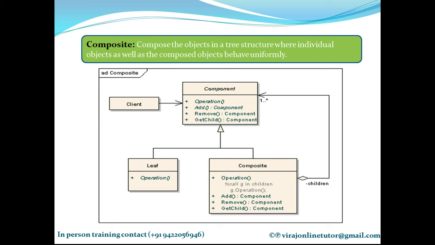So all concrete classes declare a uses relationship with the component class. So I have a leaf and I have a composite. Both of these inherit from component class. Okay. All container classes couple themselves to the interface in a recursive fashion. So I have a composite here which is recursively inheriting from the component.